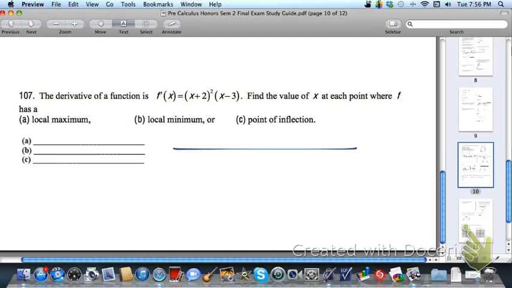Okay, well, we can clearly see that at -2 and +3, hopefully we can clearly see this, that f prime is equal to 0 at both of these x values. So f prime is equal to 0 when x is -2, and f prime is equal to 0 when x is equal to 3. Okay, well, when we plug in a test value, like let's say we plug in -5,